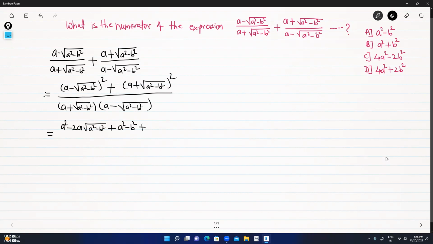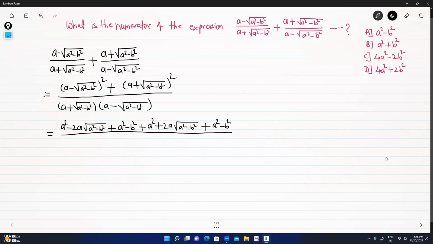So we'll apply the (a plus b) whole bracket square expansion formula here. What this formula says: the square of the first term, that is a square, plus 2 times the product of the two terms, that is a under root a square minus b square, plus the square of the second term. Again, the second term is in the root or in the radical. Then the square will cancel out the radical, and the returning number will be a square minus b square. Then whole divided by,